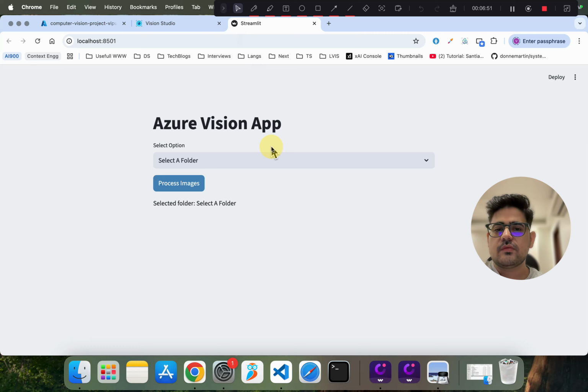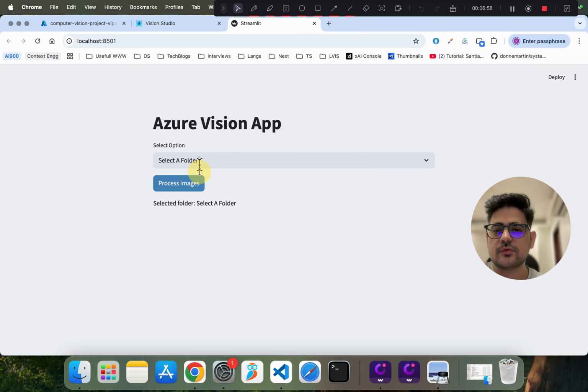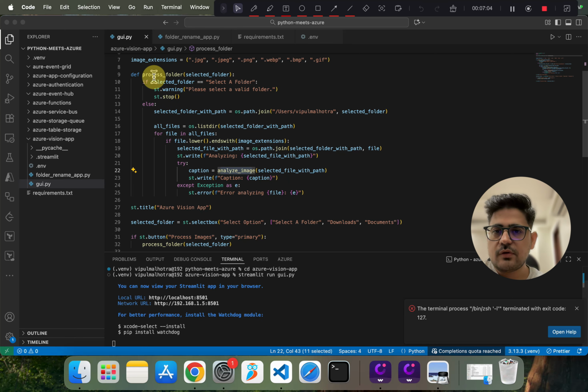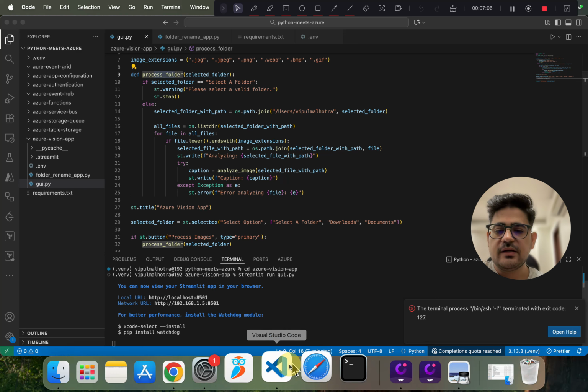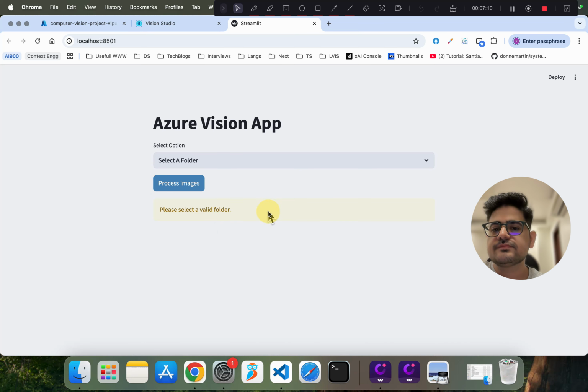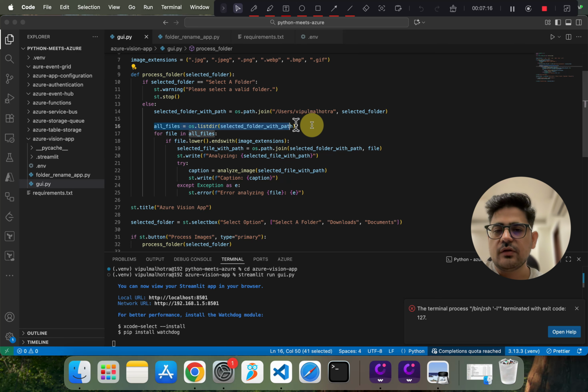Right. So right now it's configured to use either of these two folder options, downloads and documents. I'm going to do downloads. As soon as I click on process, it will validate the folder structure that you have selected. If it's not valid, it will give you an option to select a valid folder. But if it is a valid folder, then it will read all the files, and for all the files it